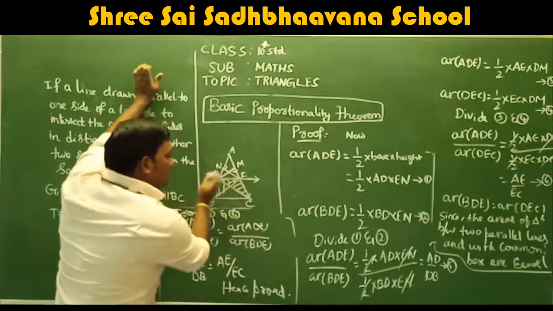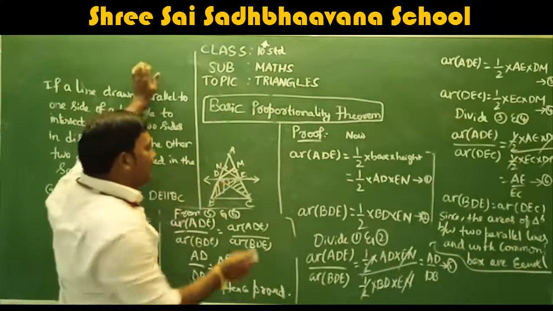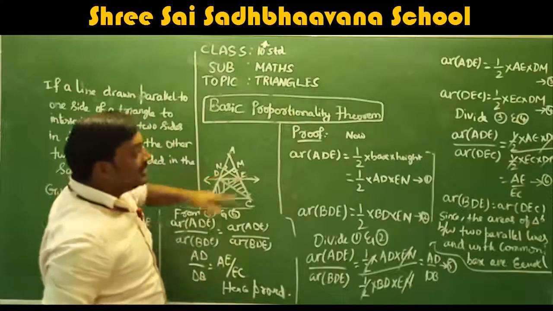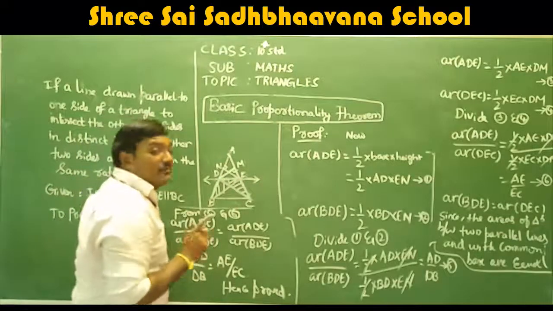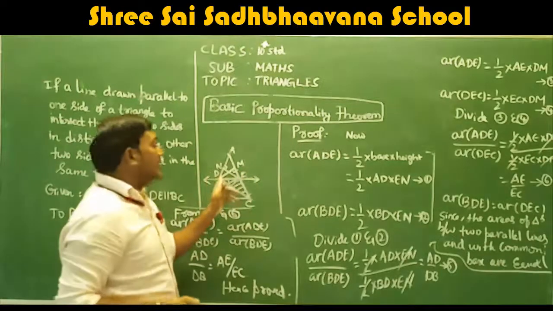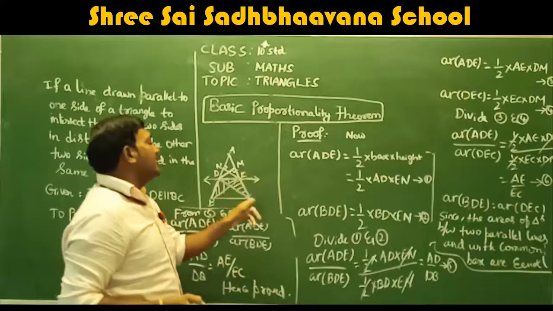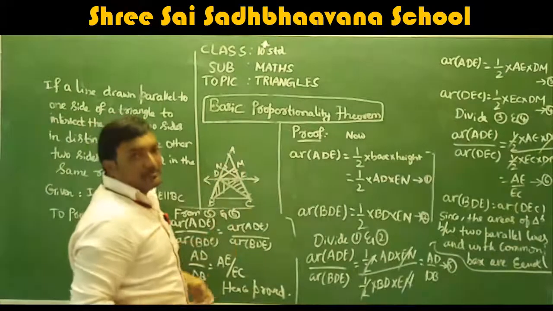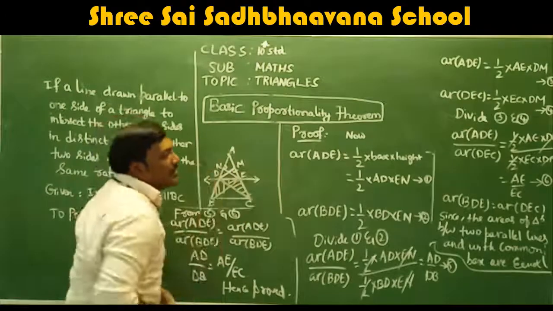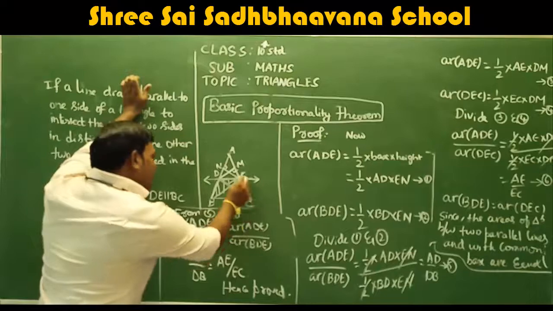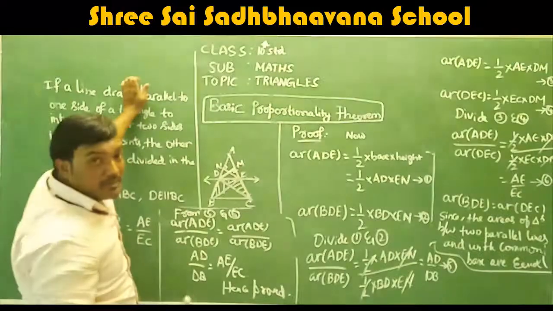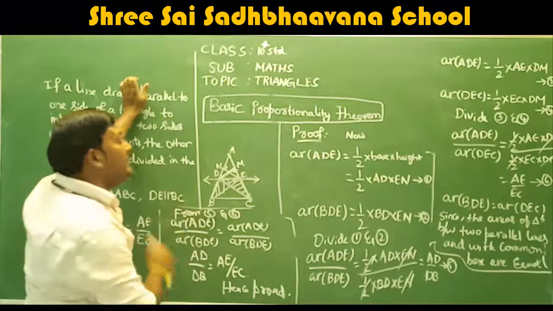Same way, whatever we did for the area of triangle BDE, if I consider DEC as a triangle, I cannot consider ED as the perpendicular. Remember, ED cannot be considered as a perpendicular. We are considering EC as the base, so ED will not be the perpendicular. ED is a side. So I extended CE to M, and DM I am taking as the perpendicular. For the base EC, DM is the perpendicular. So what is the area of DEC? Half into EC for this base, and the perpendicular is DM. Remember again, ED cannot be taken as a perpendicular. That is the side of the triangle DEC.